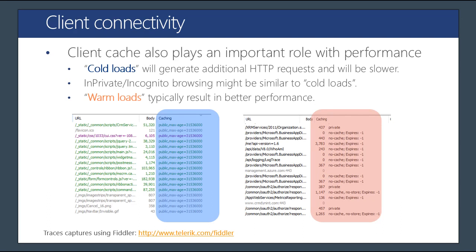The other aspect is caching. Now, what we have seen is, many times Dynamics tries to cache as much as possible. The static resources are cached at the client side to avoid the calls to reload and download them every time the user is making a request. So the code load in general when the user is making the first requests is usually slower, but as they've used the system for some time and all the static resources are already cached, the performance